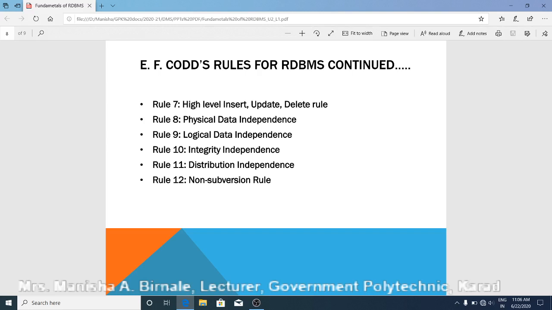Even though a GUI is provided, it should support those security and integrity constraints. This is the non-subversion rule. So Codd has specified these 12 different rules, and every relational database management system should follow all these 12 rules.